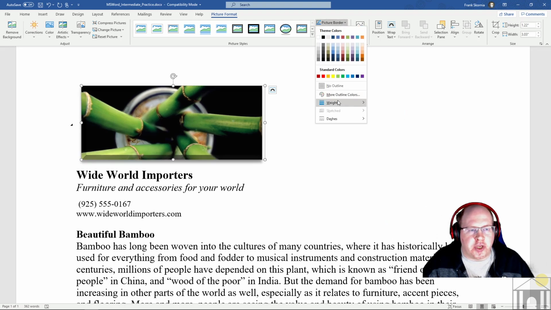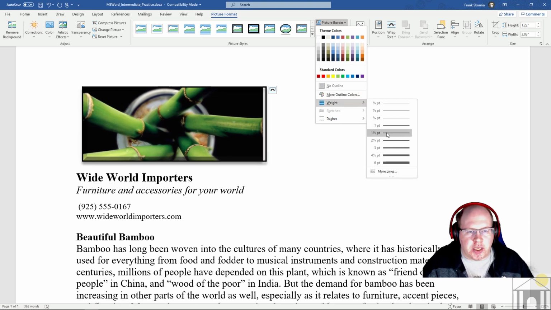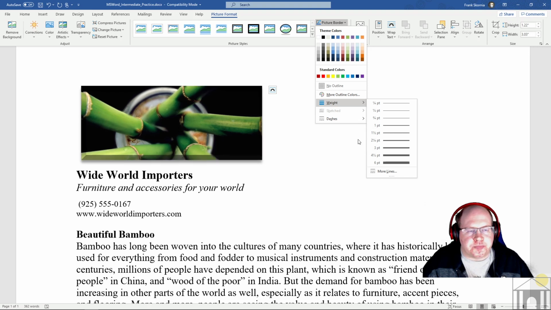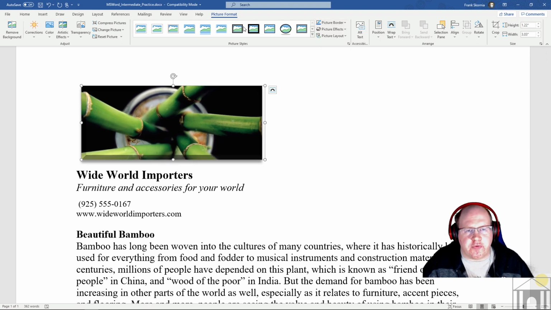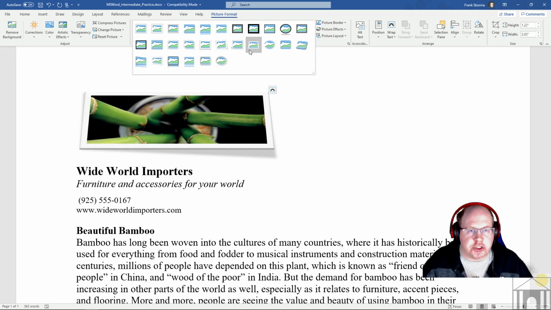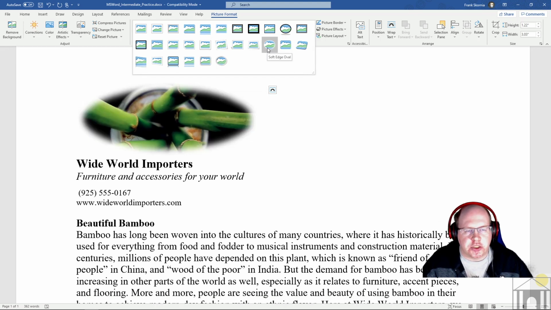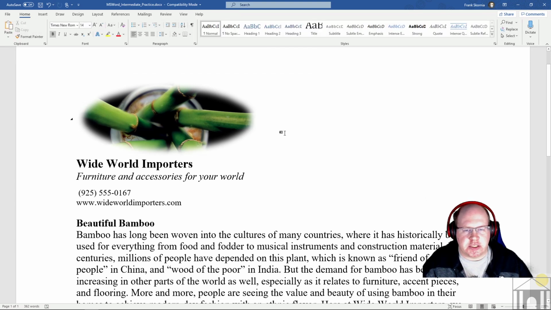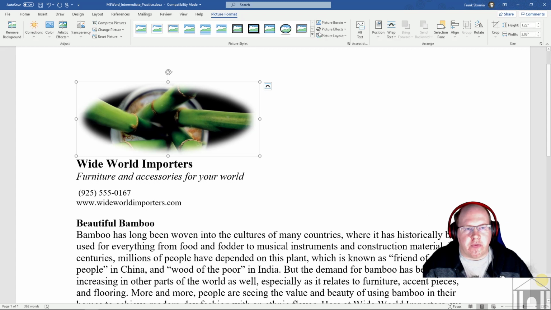Picture border, you can decide what border gets put around it. Am I going to put a border around there? And then you also have your different shapes on here. So what we're going to do through our exercise here is change the shape of our image. We're going to change it to, I like this soft edge oval. I think it's a neat look. And then we're going to put a border around there of,